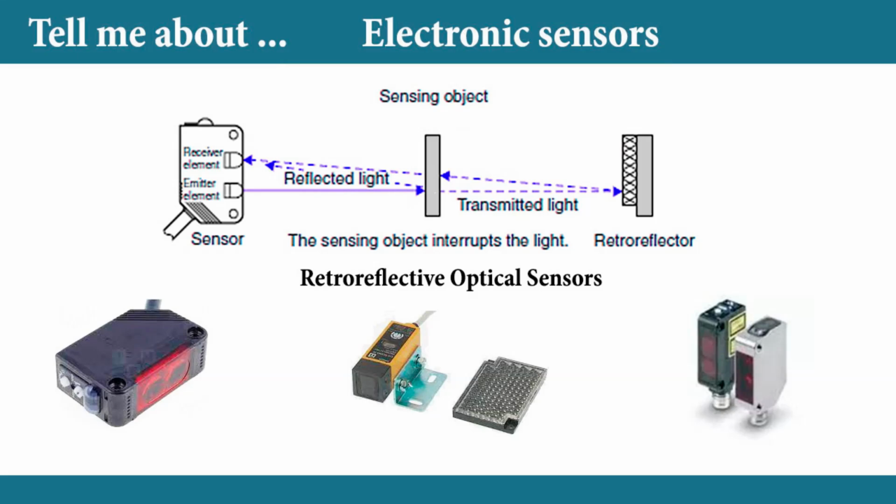2. Polarized retroreflective sensors incorporate a polarizing filter to reduce false detections from shiny or reflective objects. The emitted light is polarized, and only light that has been reflected off the retroreflector with a matching polarization will be detected. 3. Laser retroreflective sensors use a laser as the light source, providing high accuracy and long detection ranges. Ideal for precise applications where small objects or exact positioning is critical.